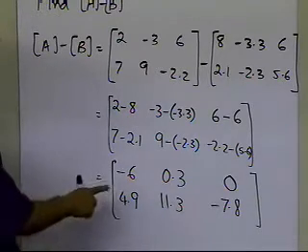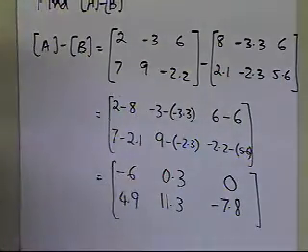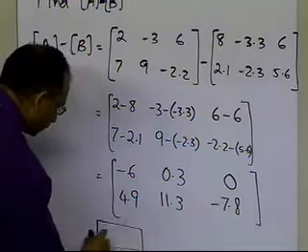All you have to do is to be sure that the size of the two matrices which you're subtracting is the same. That means the same number of rows in both matrices, the same number of columns in both matrices, and then you can subtract element by element. And that's the end of this segment.